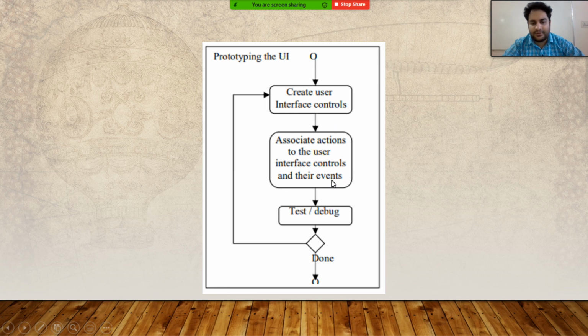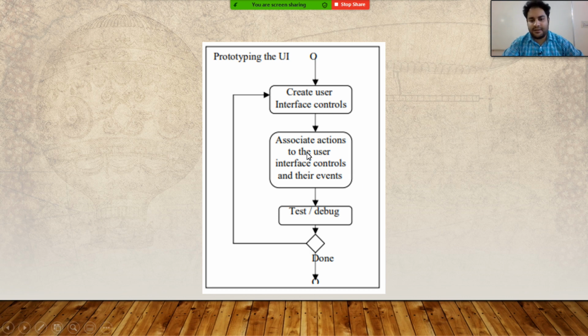Associate the action, that means for example, whenever a user writes the contents and submits the registration form to the application, when the submit button is clicked, that data should be posted onto the server or to the database. So that means associating the actions to the user interface. We are associating some action for the submit button. Whenever you click that submit button, something will happen. That means we have defined some action for that. Whenever you click on the clear button, everything should get cleared from the form that you have filled up. So we are defining some actions. We are coding something on that button so that some action happens.